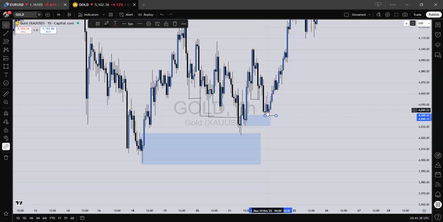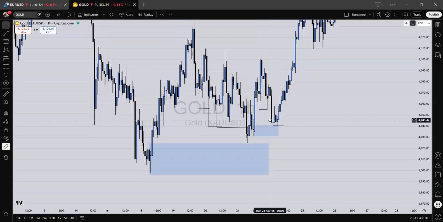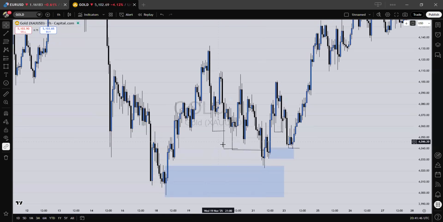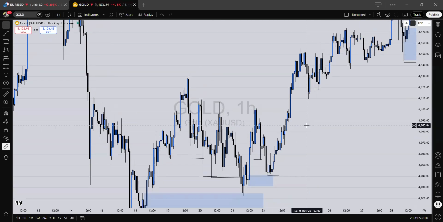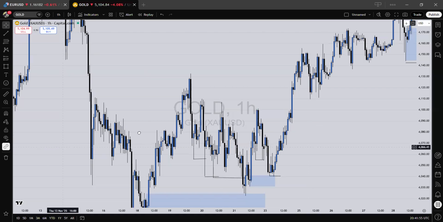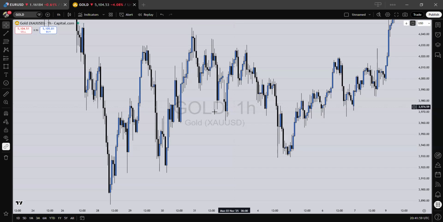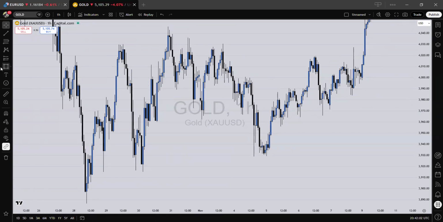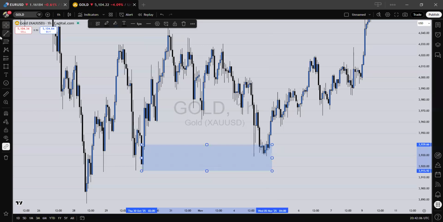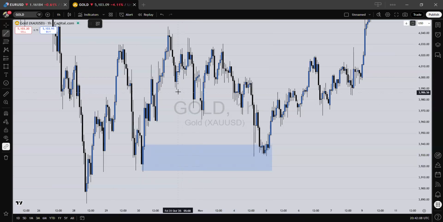Before this confirmation entry came, price was already giving you a clue that something is going to happen on the buy side. Here, I used it as well. Before this POI came, price still broke